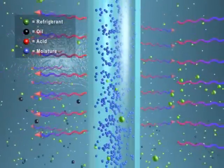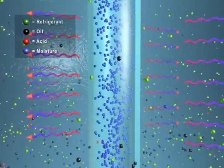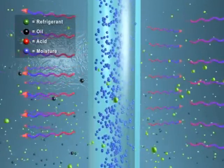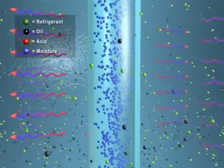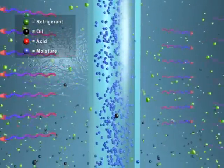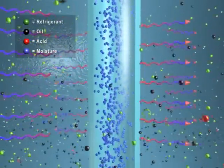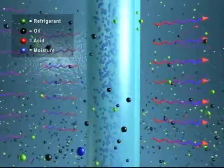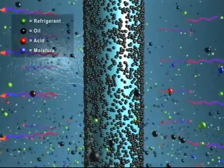This animation represents what is occurring inside the chiller on one of thousands of tubes. As oil concentration in the evaporator increases, it degrades efficiency. Clean refrigerant is more efficient than refrigerant mixed with oil, acid, and moisture. And this buildup also allows oil to cover the coils, acting like insulation, and thus retarding thermal transfer as indicated